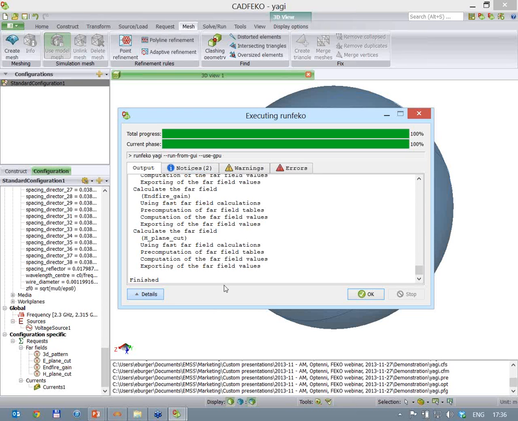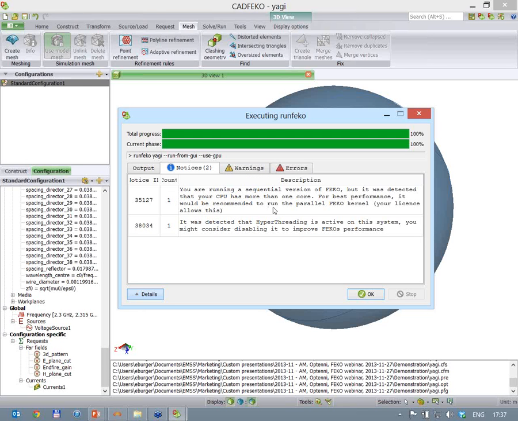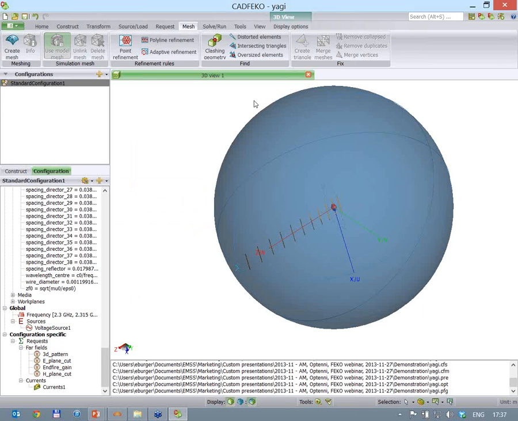In case there were some problems or warnings during the simulation, these are all aggregated for you. For instance, in these tabs at the top, you will see that there were no errors or warnings. Hence, that was a good model setup by Antenna Magus. And of course, there are some notices that just indicate things you might want to take note of. You don't necessarily have to be concerned about them. If you want to, you can optimize your performance by taking note of these little elements. These are nothing to worry about, so I'll just click OK, and let's now review the performance of this initial design